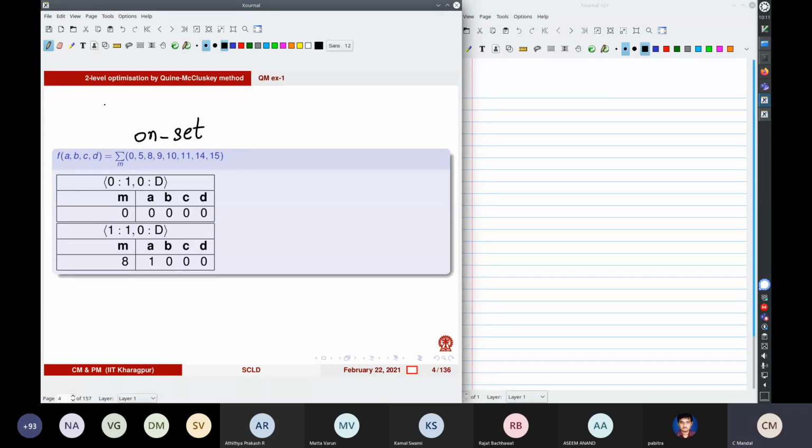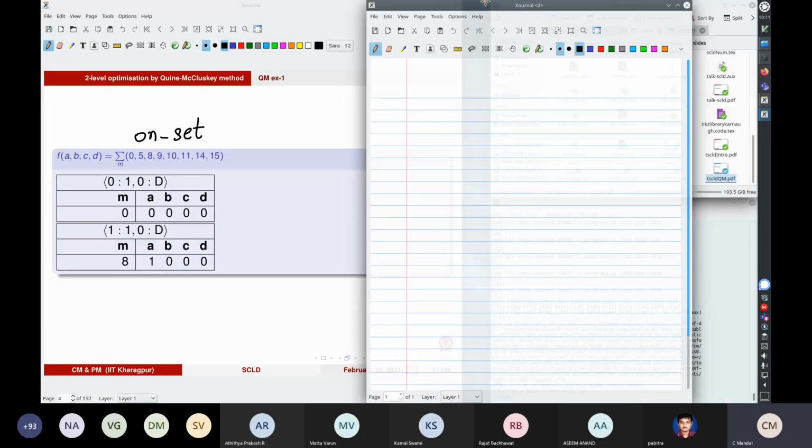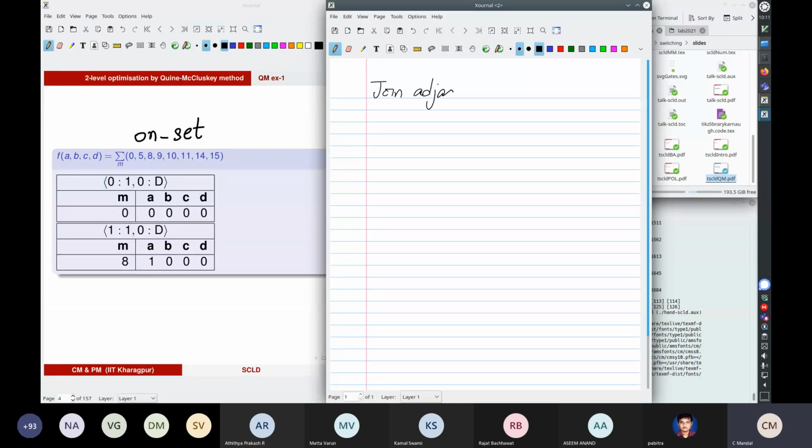The first step is to grow cubes. You want to join